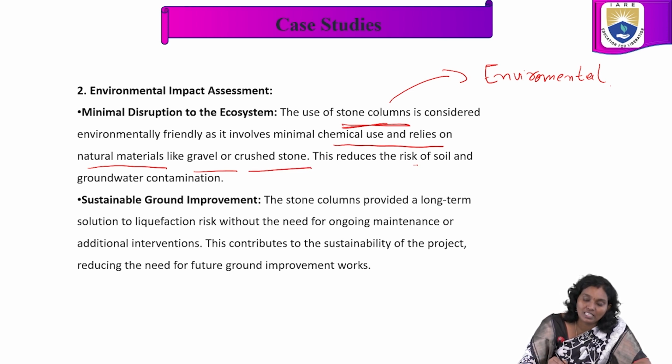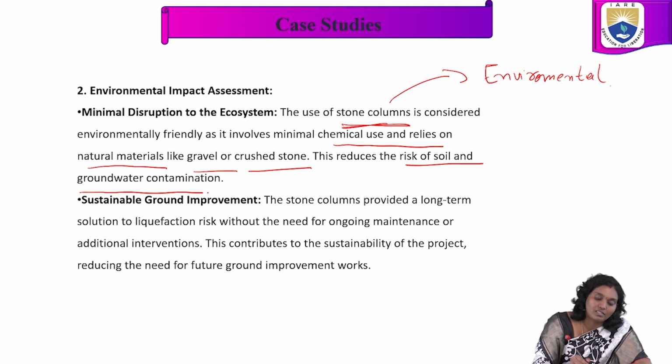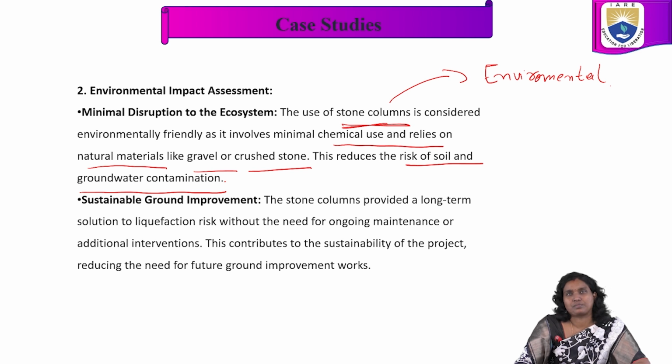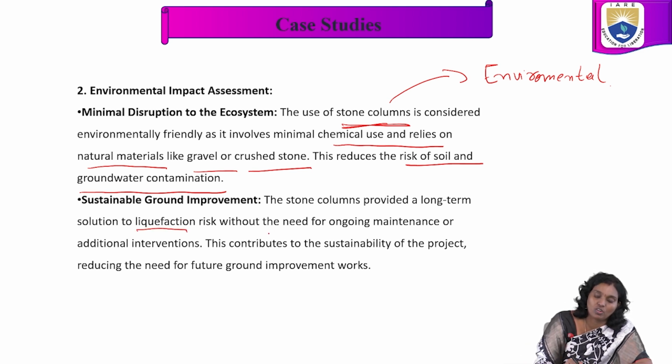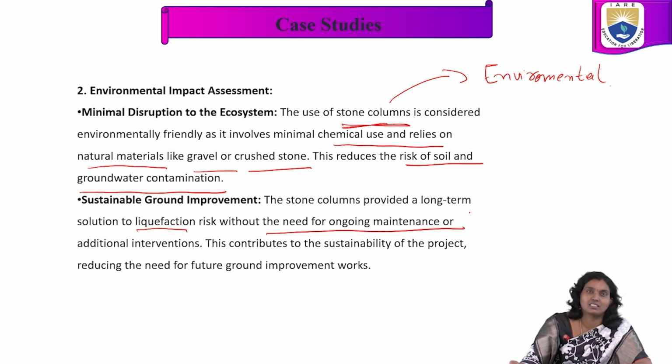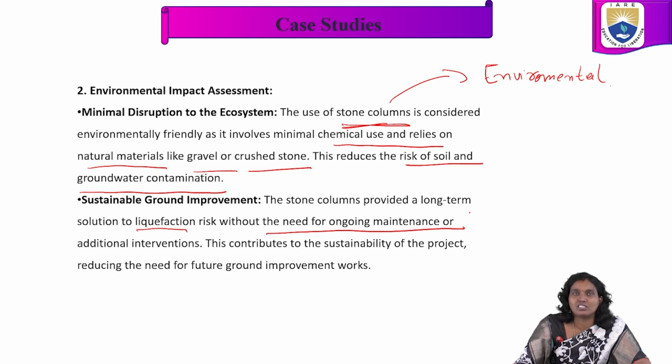This reduces the risk of soil and groundwater contamination. And for sustainable ground improvement, the stone columns provide a long-term solution to liquefaction risk without the need for ongoing maintenance or additional interventions. This contributes to the sustainability of the project,